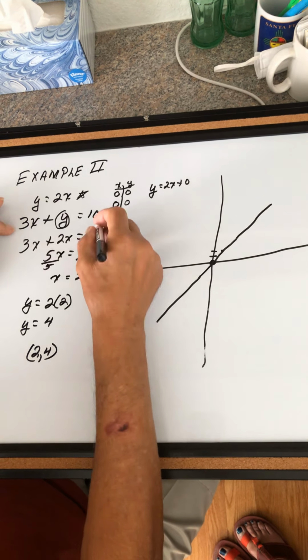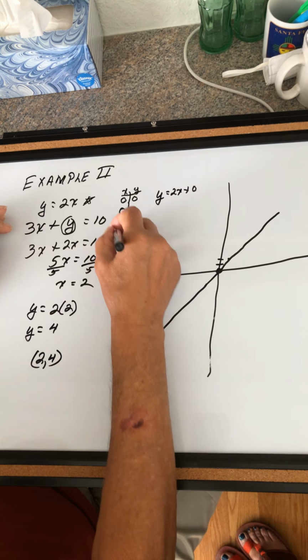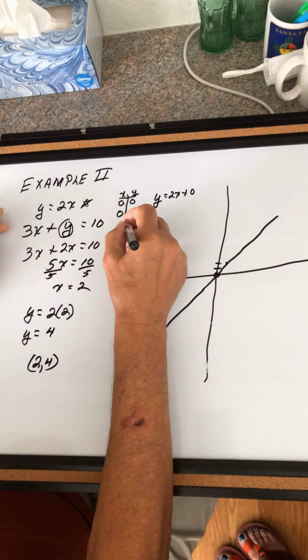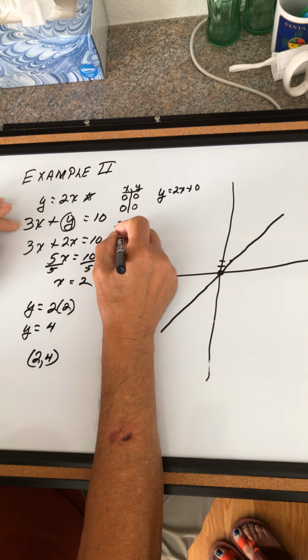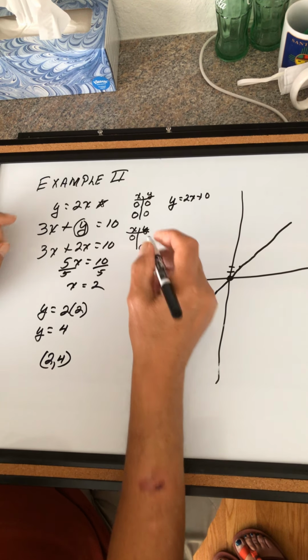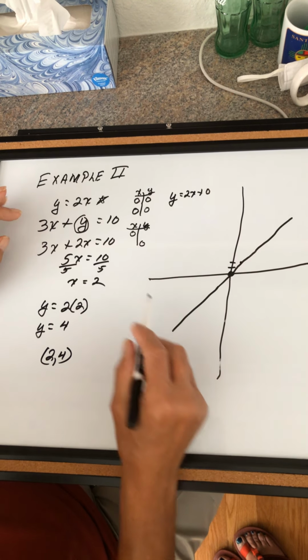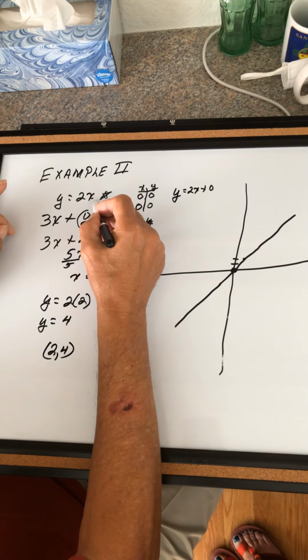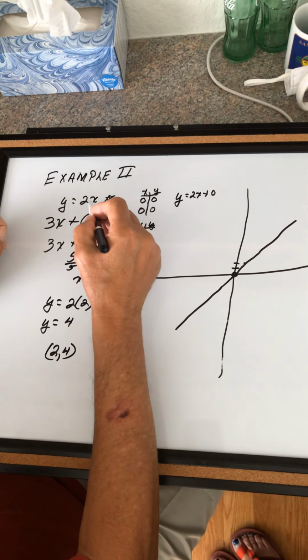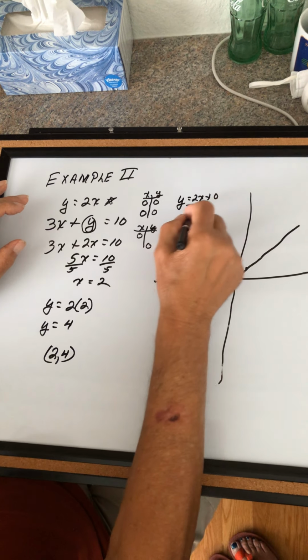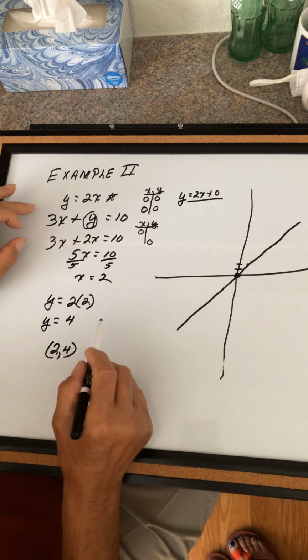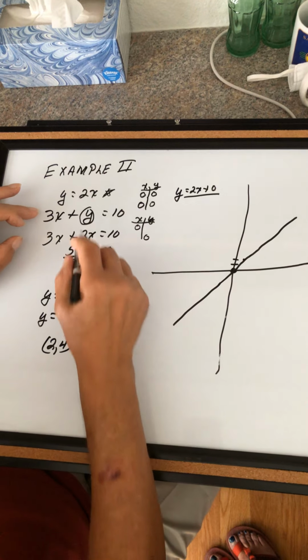Now, do the same thing with the bottom one. X, y. Now, if I put 0 in for x, 0 in for y, that's where they cross. This one was the hard one because the intercepts were both at 0, 0. So I had to use a different form, which is the slope-intercept form for this line here. This one,